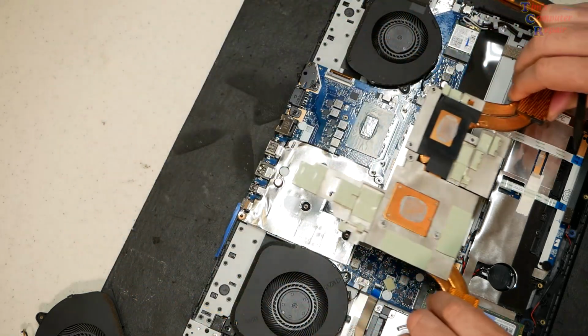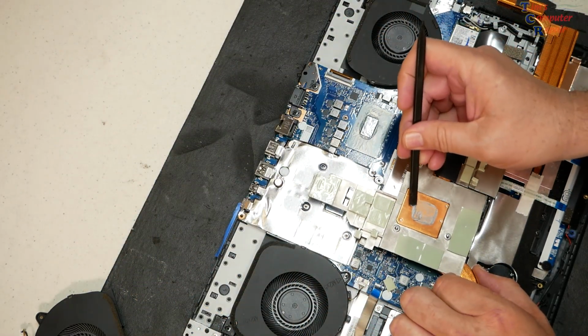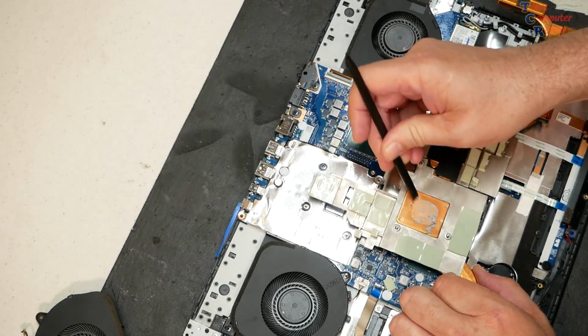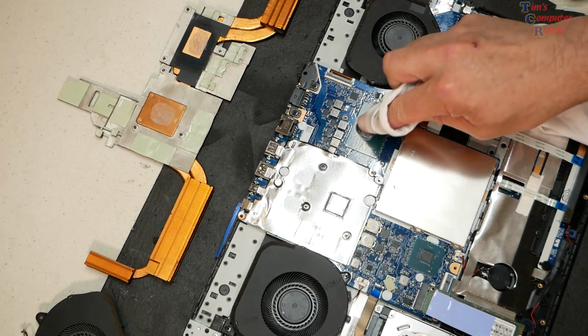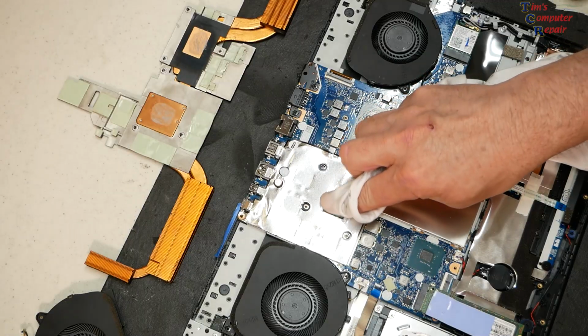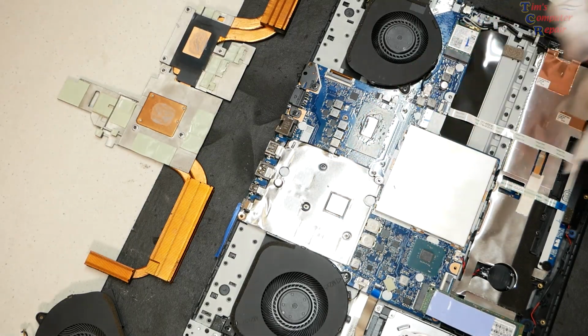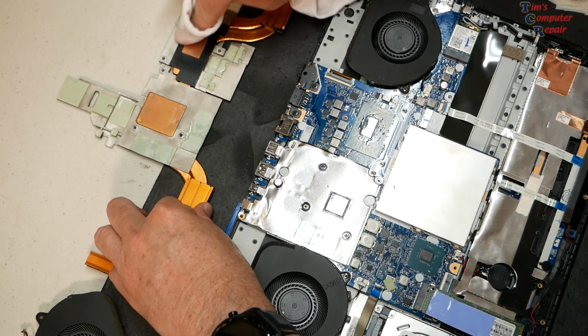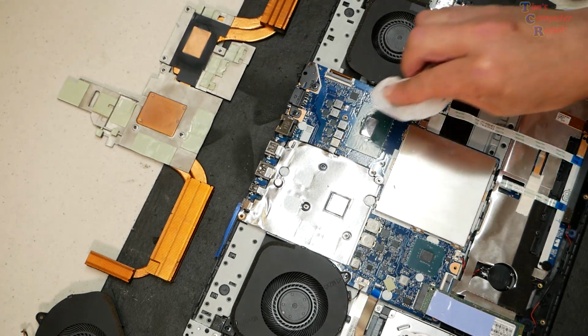Kind of do the same thing here to our heatsink. Dip my rag into a little bit of isopropyl alcohol. Just rub these clean. Looks pretty clean there. I actually take me a bit of a coffee filter,